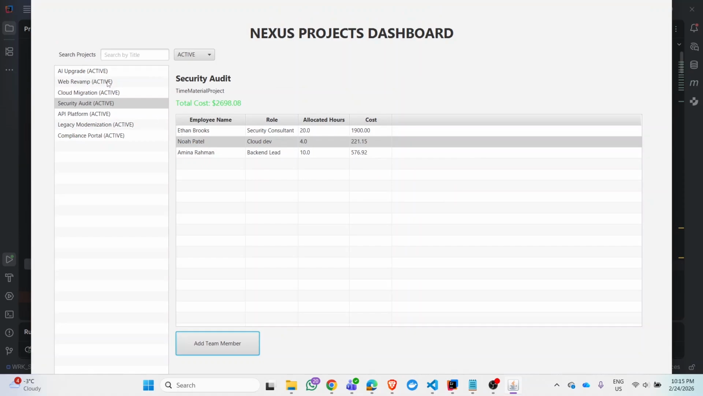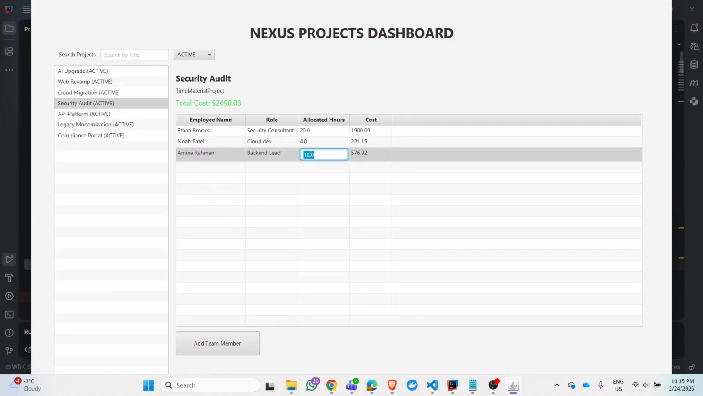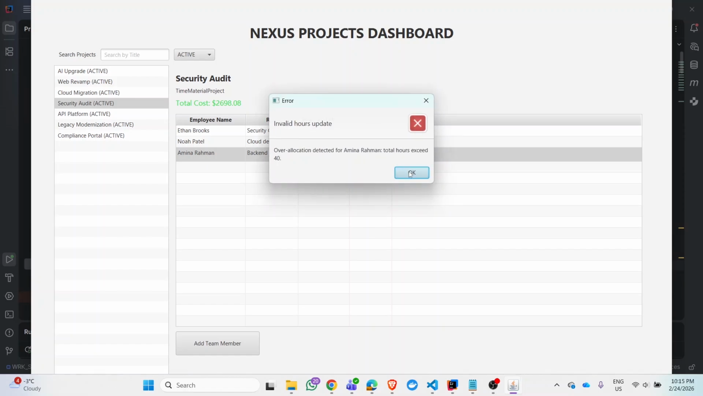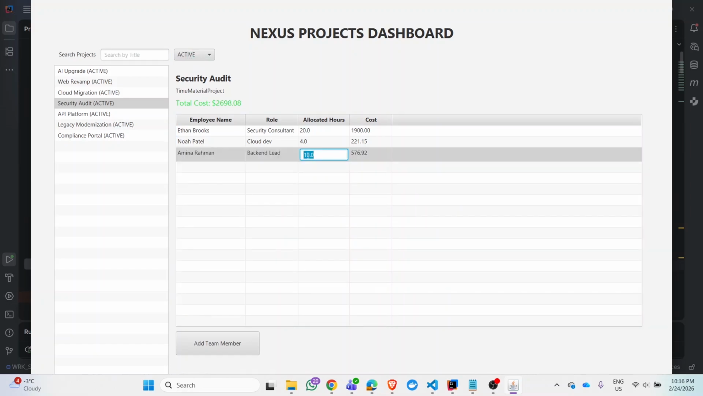And then if we head over to this one over here, if we try to give her some more hours, let's say 13, once again, it gives us invalid hours. And it's not possible because she is already at 40 hours. Now we can free up some of our time to put her back onto the same project. If we put in 8,